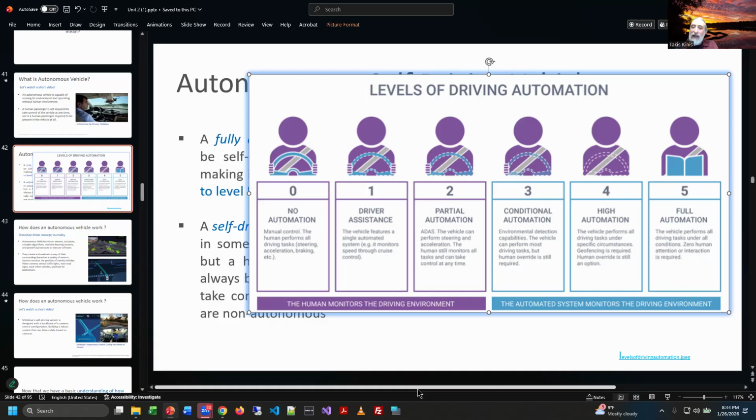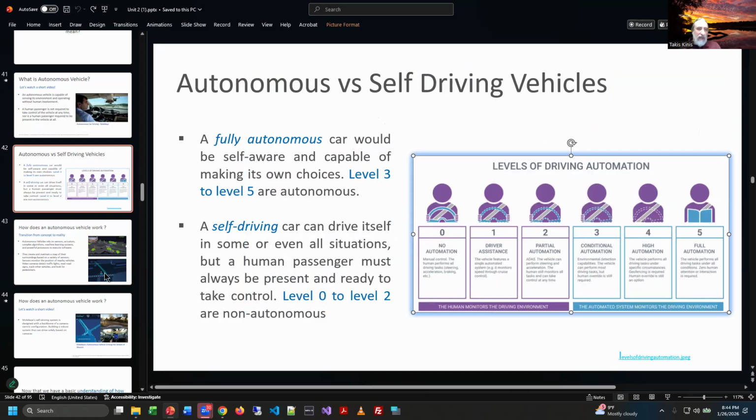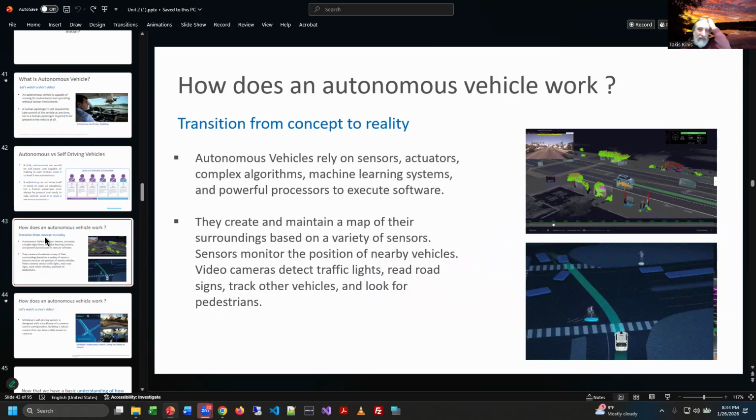Yeah, it's problematic. And then we go to zero human intervention, which is full automation, where the vehicle can just do everything. You don't have to tell it to do a darn thing. And I think that's really kind of an interesting concept.